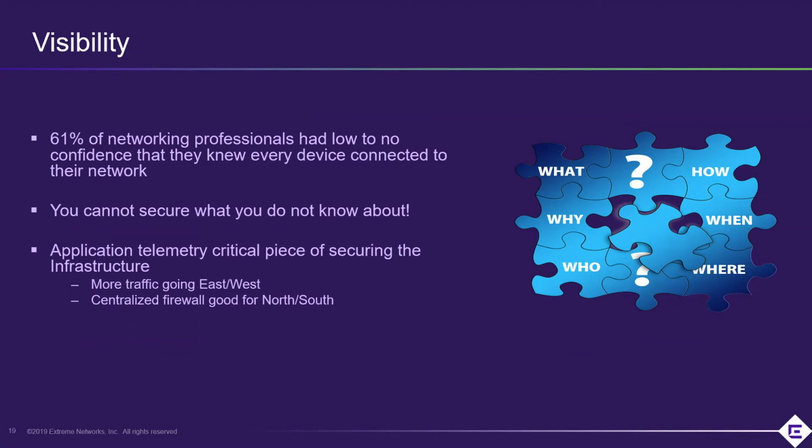Now, centralized firewalls are very good for north-south traffic, yes, but they're kind of blind to this lower-level east-west thing. And application telemetry can not only give you the ability to get a better profile of what's going on in your network from an application performance perspective and network performance perspective, but also to look for anomalies that indicate some sort of malware propagation east-west within a given segment.